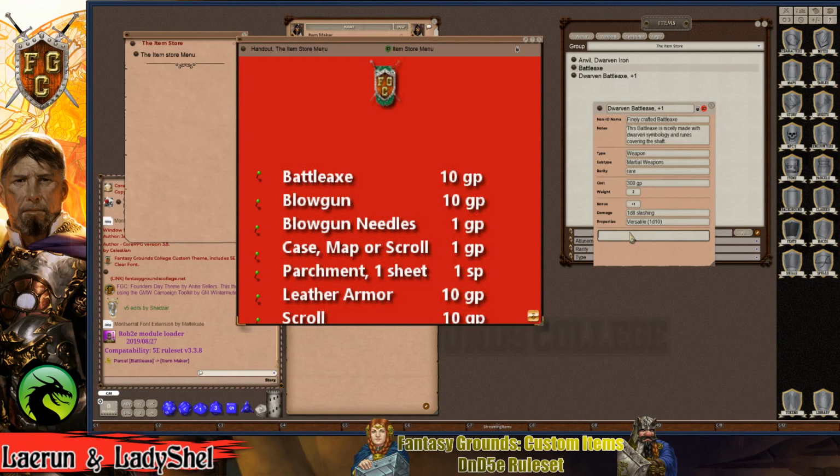So when you strike with it, it has a little extra oomph behind it. So instead of just 1d8 slashing, it is going to be also adding the force damage. So in the damage field, it's going to say 1d8 slashing plus